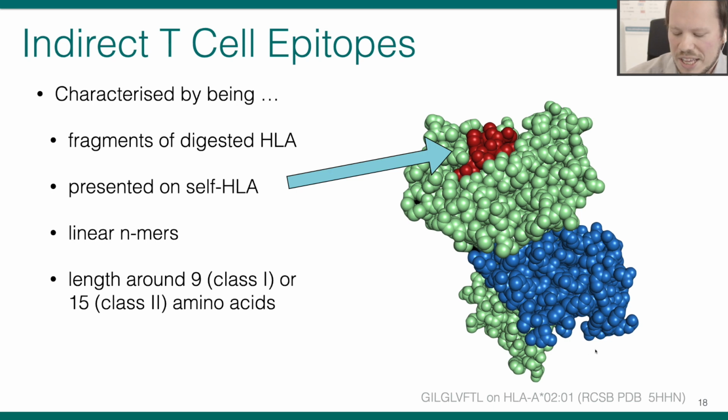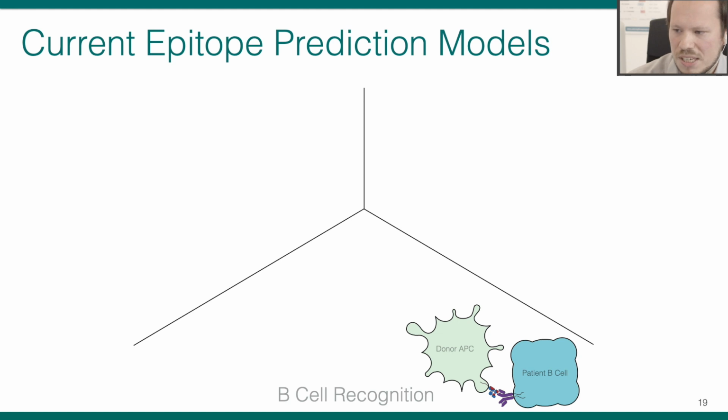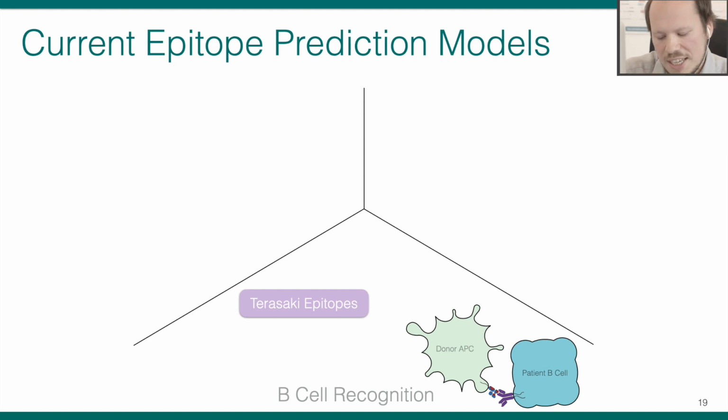So with that said, let's look at what the different models are, or how they are named and what the difference is. So let's start with the B-cell epitopes and the B-cell recognition. Basically it all started with these Terasaki epitopes, where the One Lambda team, or Terasaki himself, tried to identify certain reaction patterns of the single antigen tests, or antibody tests actually, and understand why there are certain cross-reactions and stuff like that.